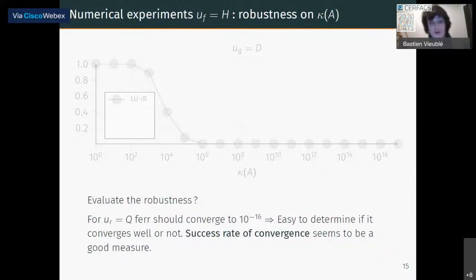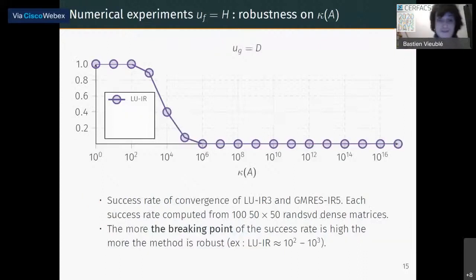Well, for UR in quad, the error accuracy should always converge to 10 minus 16. This is what the theory says. Then it is easy to determine if it converges well or not, and it makes it easy to compute the success rate of convergence, which seems to be a good measure to evaluate the robustness. So here what I display is the evolution of the success rate of convergence of LUIR over